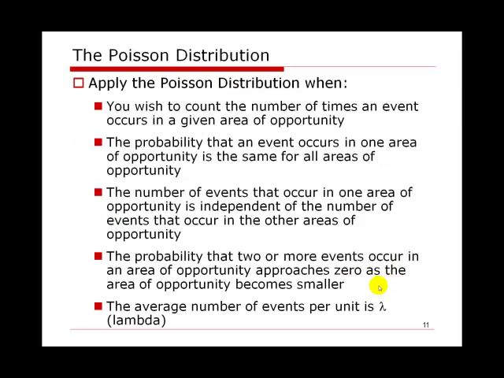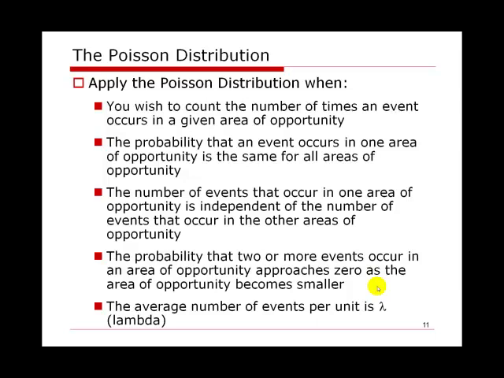When should we use Poisson distribution? Here we give a few applications. We can use Poisson distribution if we want to count the number of times an event occurs in a given area of opportunity, or when the probability that an event occurs in one area of opportunity is the same for all areas of opportunity,